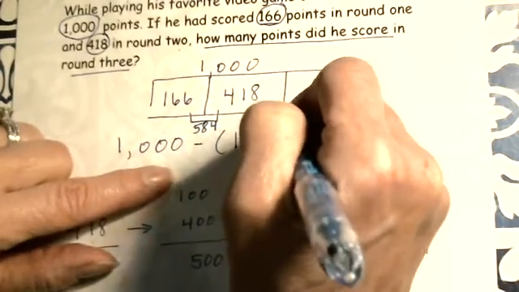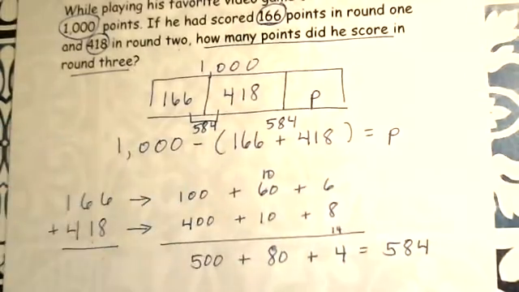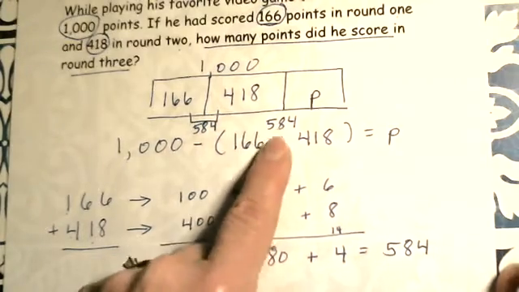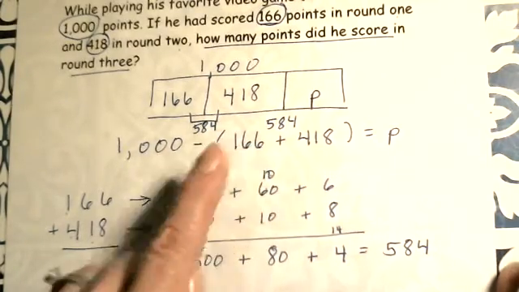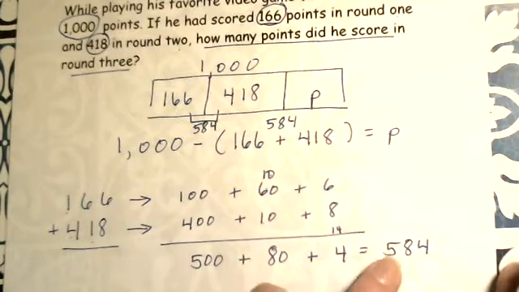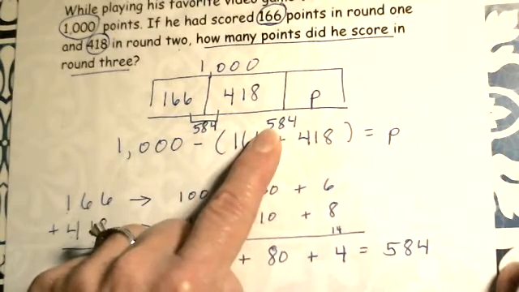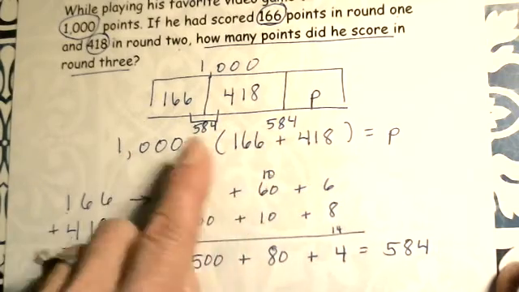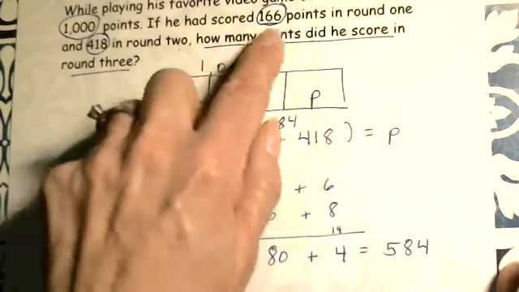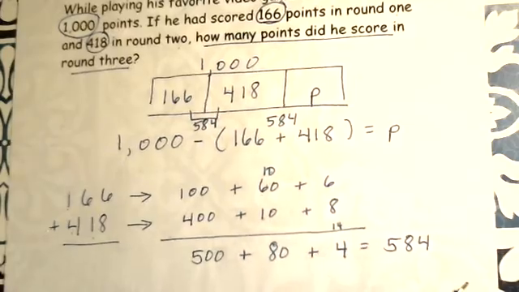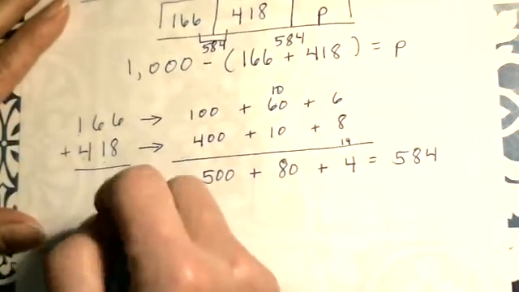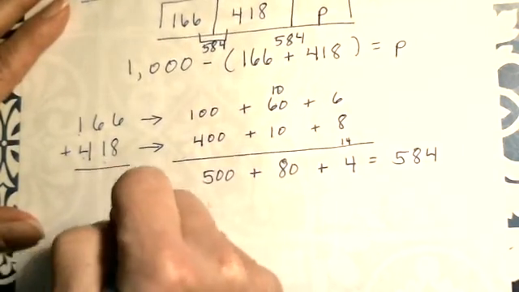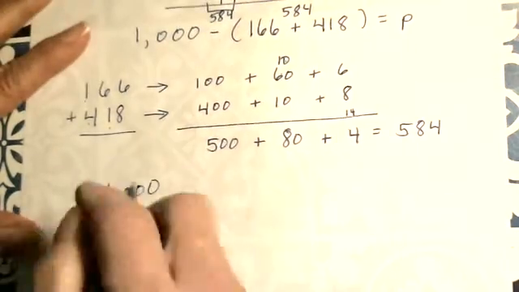Now I'm going to go up here and I'm going to put this 584 right here and right here to remind myself I'm not done. All I did so far is this part. If you write out your equation and then you put your answer to this first part here, you'll be able to see I'm not done. I haven't found how many points he scored in round 3. So I have to now do 1,000